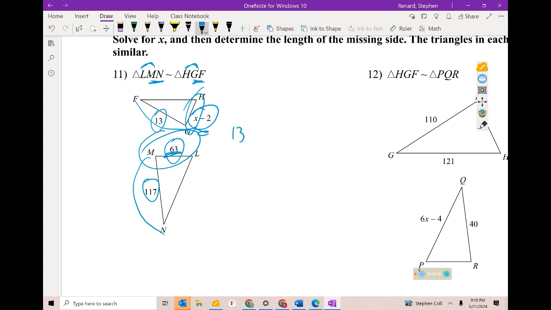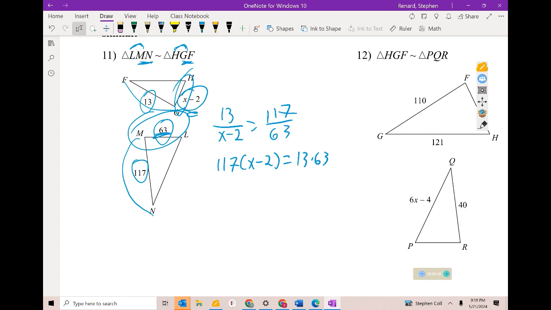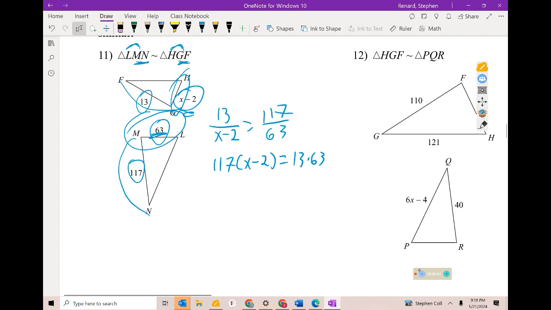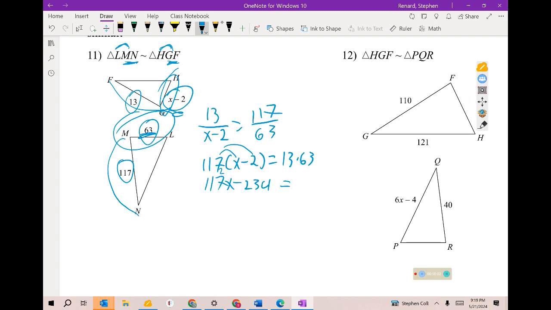So if we set this up as 13 over x minus 2 equals 117 over 63, cross multiply. So we get 117 times x minus 2 equals 13 times 63. Now you'll have a calculator when you do this, and I have one, I just don't feel like it, honestly, it's like 4 feet away. So we're going to go 117x minus 117 times 2, which is going to be 234, equals